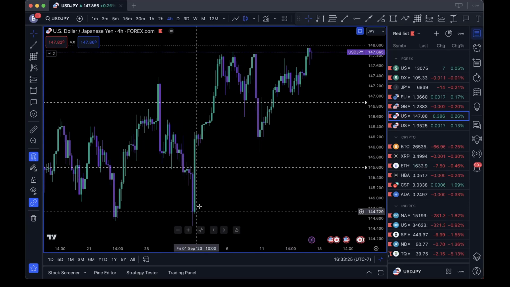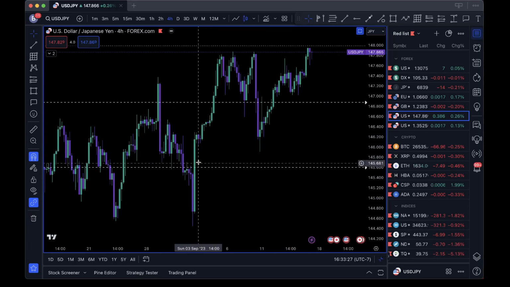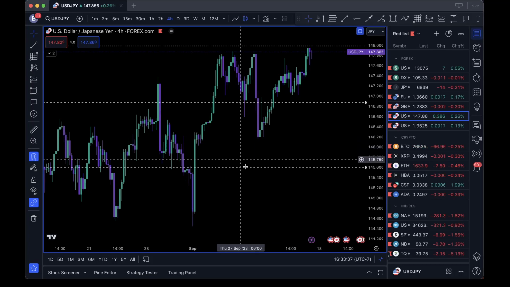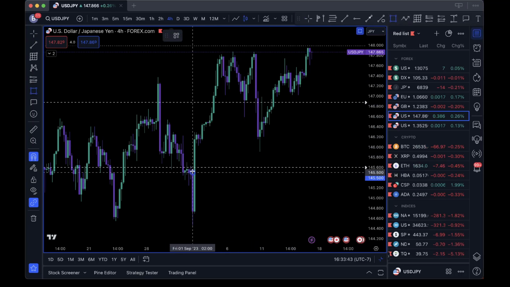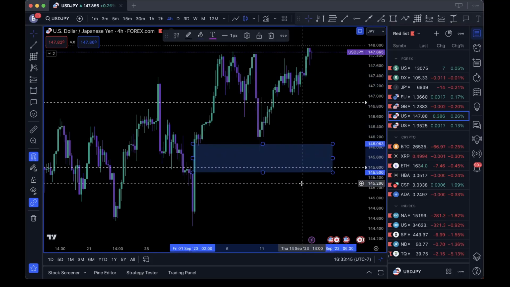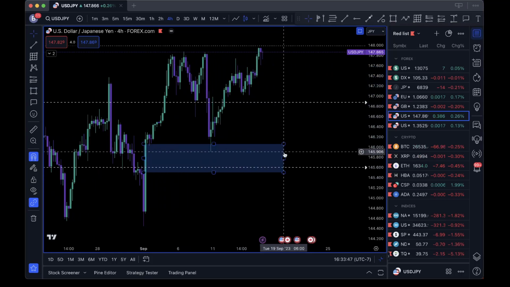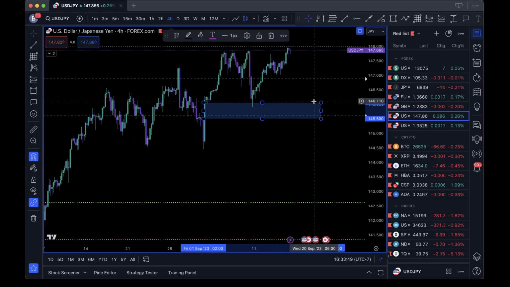We didn't tap into this. We tapped into the fair value gap. This is a bit more of a silver bullet play where you're really kind of buying on the underside of the first, or rather the third candle of a fair value gap if you're bullish. So this tapped in right here into this fair value gap and continued on. So we're just going to have to see with this one. Again, this one seems a little less clear to me.